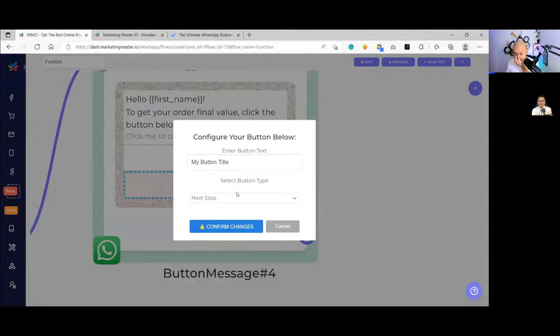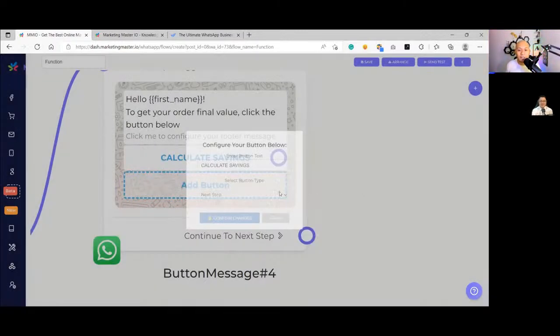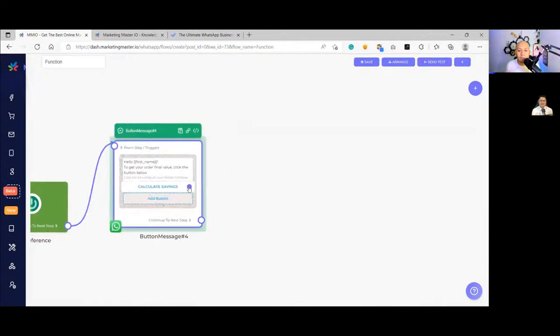Okay, after that, let's use discount calculation. Calculate now. Calculate savings. It's limited, so only calculate savings. Okay. So after that,